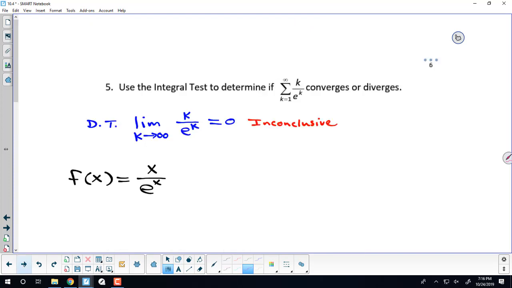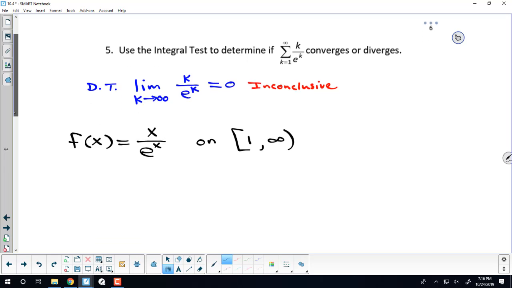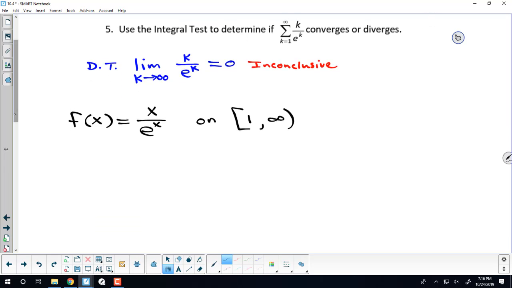So since we're looking at the function x over e to the x coming from the series k over e to the k, the series starts at 1. We're only concerned with this function f of x on the interval 1 to infinity. Oftentimes it's helpful to recognize what interval you're working with. Okay, so we're going to justify